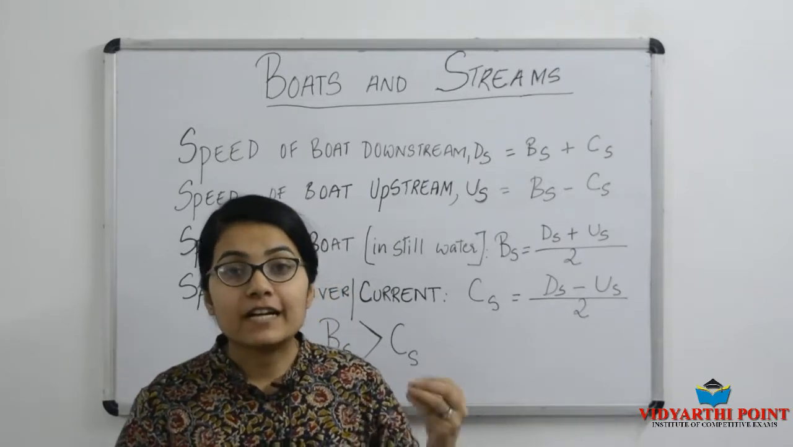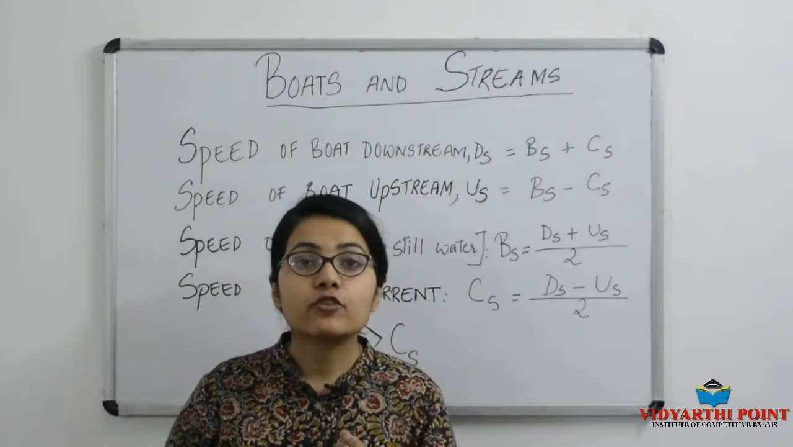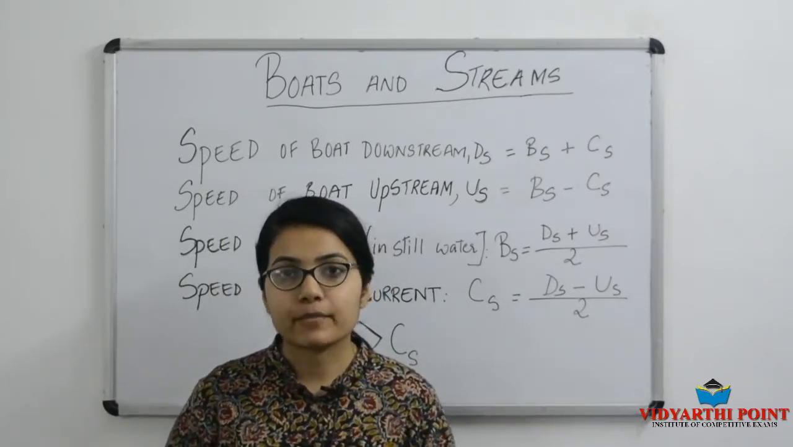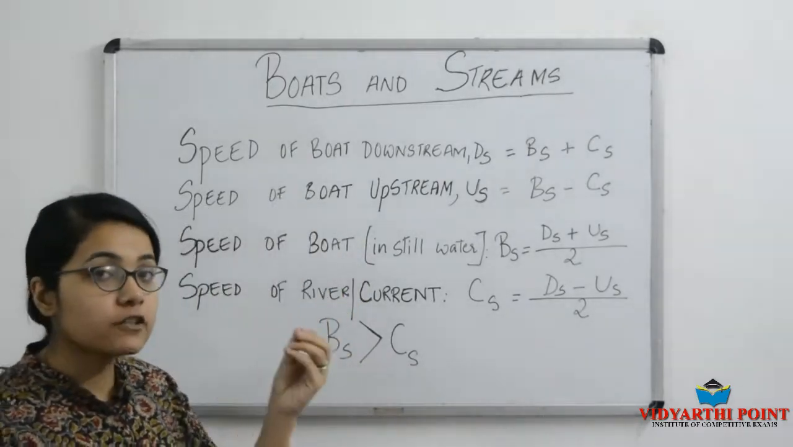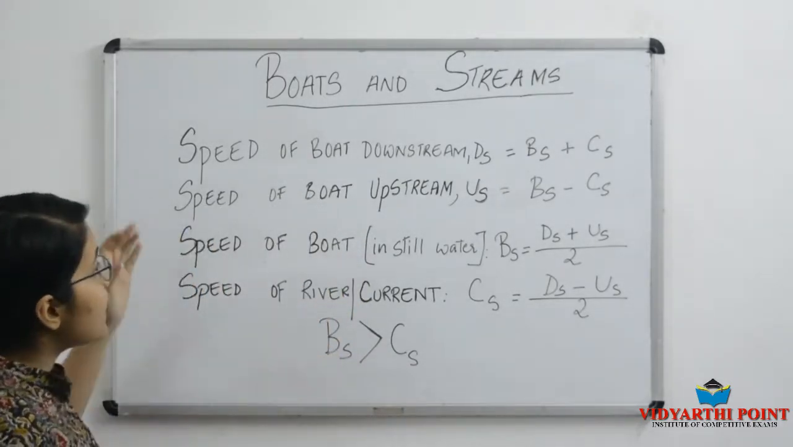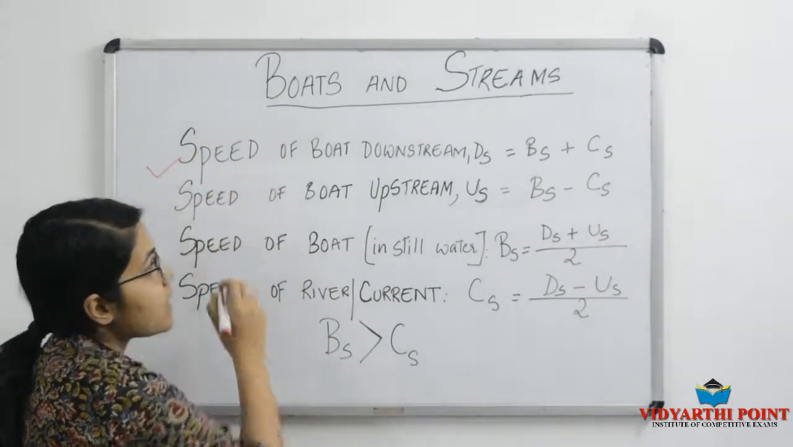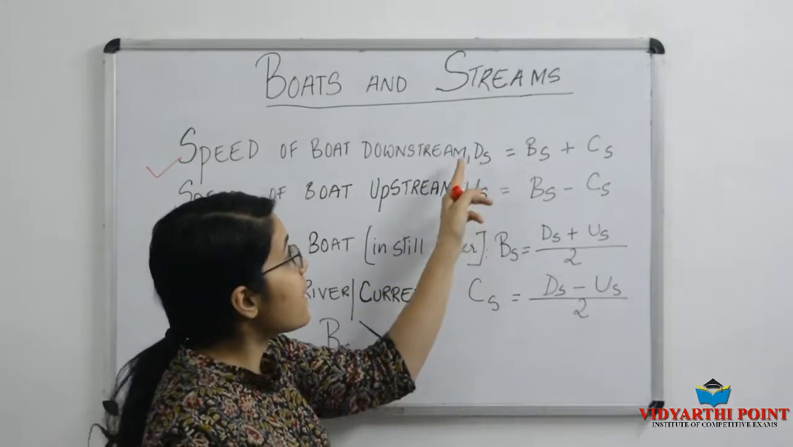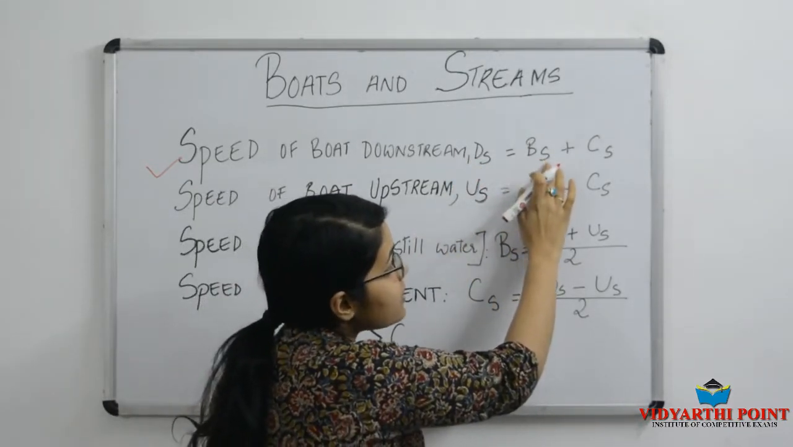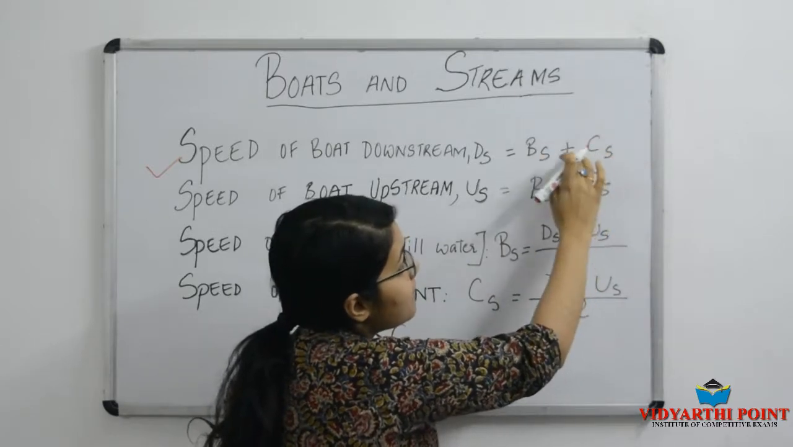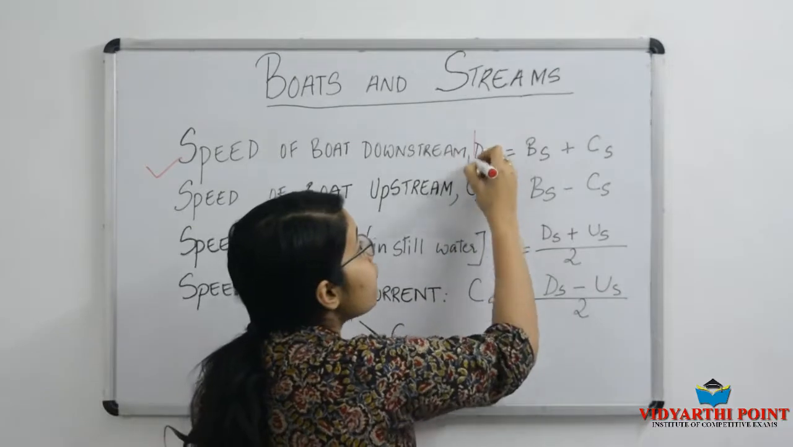So, after learning the concept of boats and streams and the formulas, let us apply those formulas and solve some examples. Before that, I am going to do a quick recap of the formulas that we have learned in the previous video. Number 1, speed of boat downstream, indicated by DS, which is equal to speed of boat in still water plus speed of the current. This is the formula for